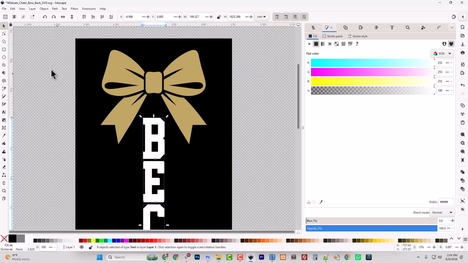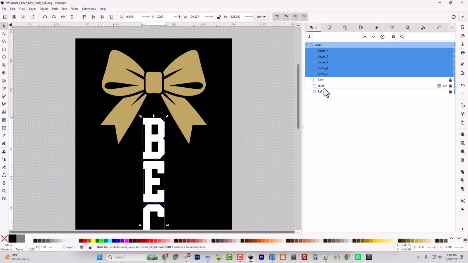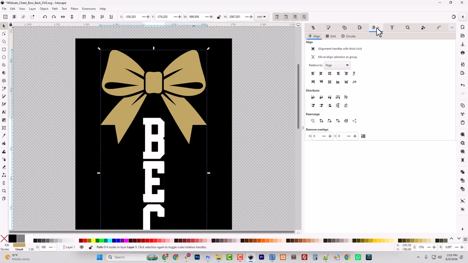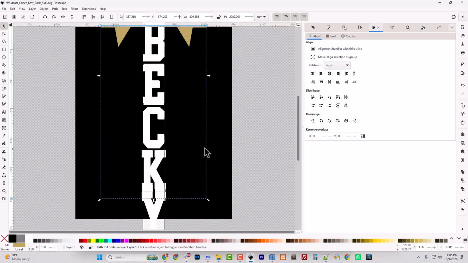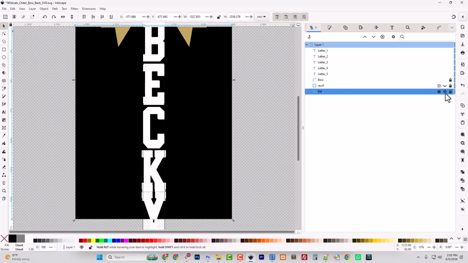Okay. And I think a little align and distribute is good. We can now go back to the align to the page. Wow, they're perfectly centered on the page. And then let's make sure that bow is also centered on the page. It's perfect. Awesome. And, you know, keeping the ref in the background's a good idea, but we don't need it